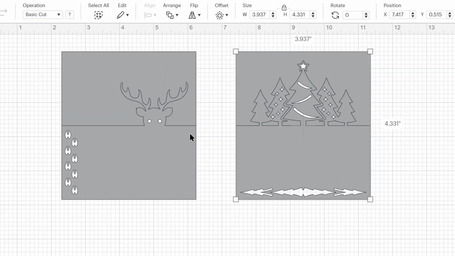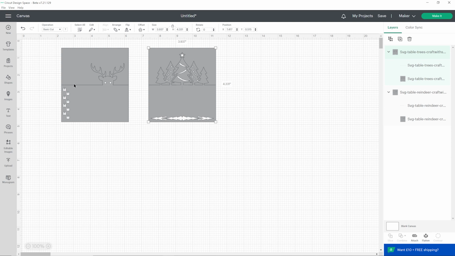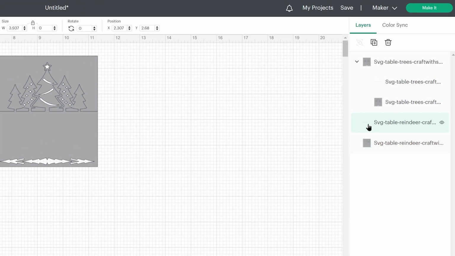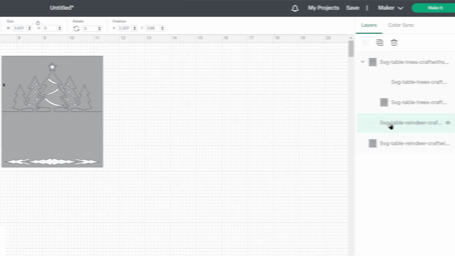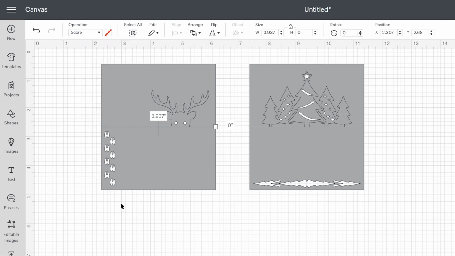How these work is that we're going to fold along the middle bit, which will be scored, and then the Cricut will cut this line out of the back piece of the holder, so you can then fold it upwards to create the little pop-out effect. We need to change this horizontal line to a score line. Click on the design, and then ungroup it, and then you see there's the little horizontal line in the Layers panel. Under the Operations drop-down, change it to Score, and then when you click away, you see it's turned into a dashed line.